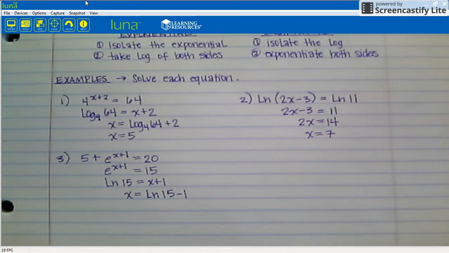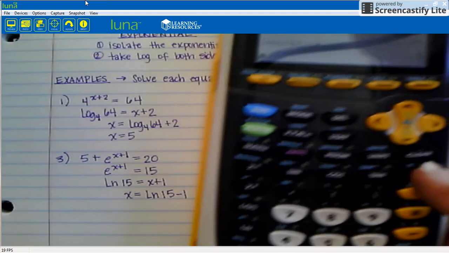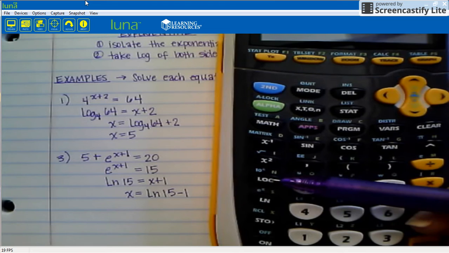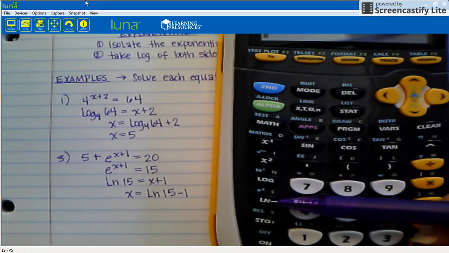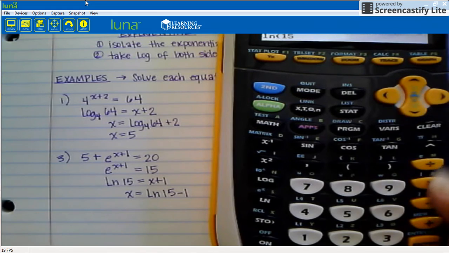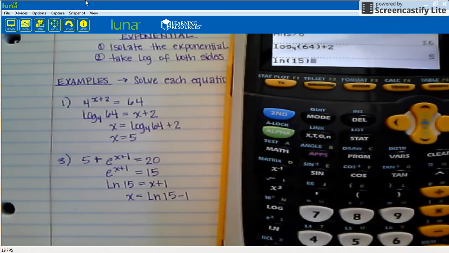Now you have a natural log key on your calculator, and the way you access it, if you look just under the log key on your calculator, you have ln. So this log key is used for common logs where you have a base of 10, and the ln is used for natural logs. If you don't have a common log or a natural log, then you have to use the math and go to the log base to access the appropriate program for your calculator. So all I do is I let the calculator do this work for me, making sure that I group things in parentheses accordingly. And this is going to give me approximately